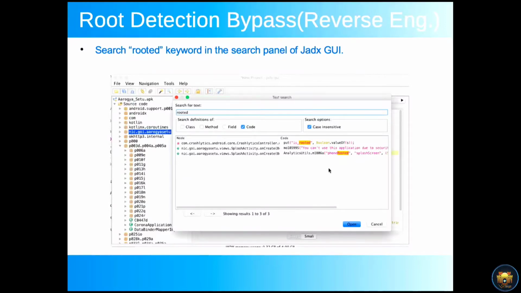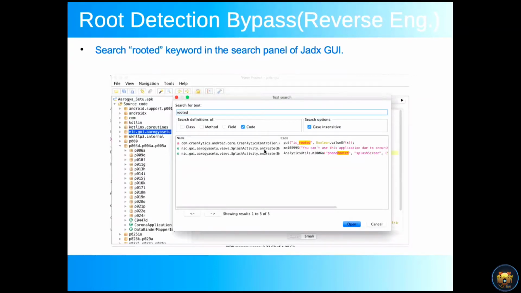I use the rooted string which is defined in the main application, not in the library. Two results are found in the main application, nic.gov.aarogyasetu, the first one and the second one are the same. You can see the splash activity, onCreate, which means this is inside the splash activity class.